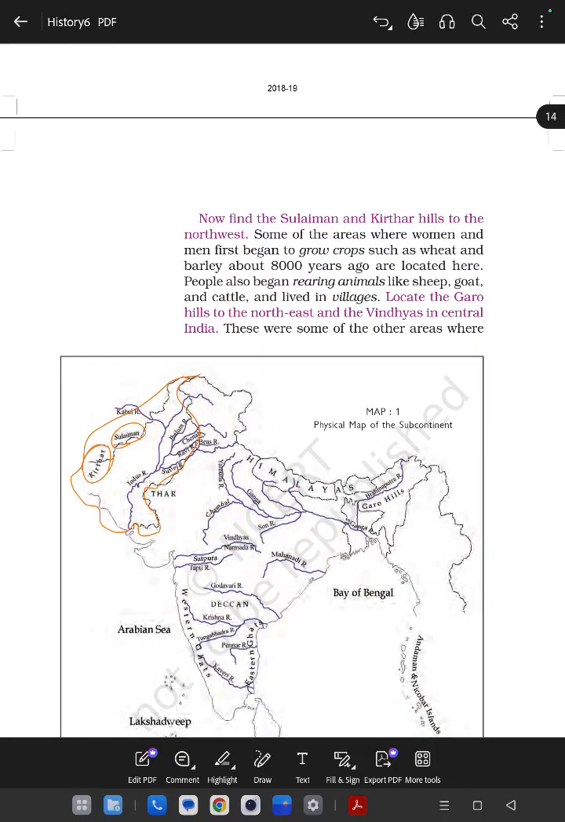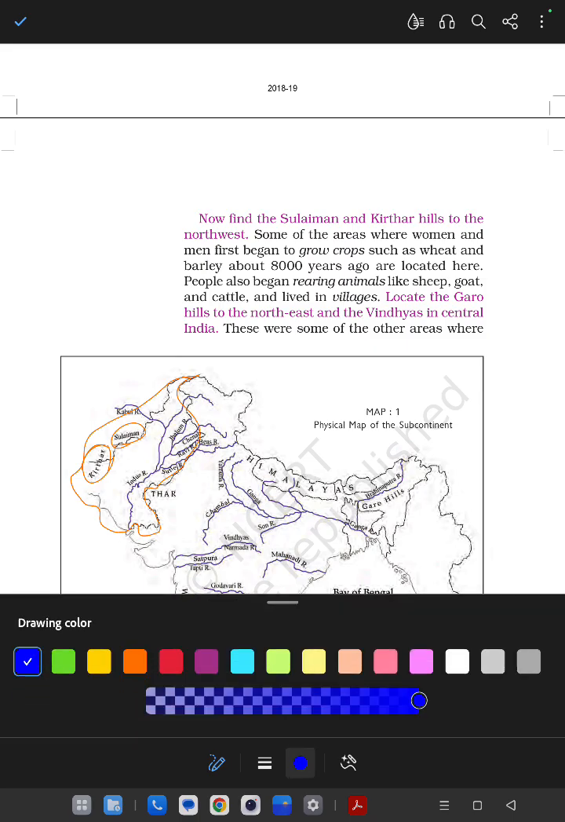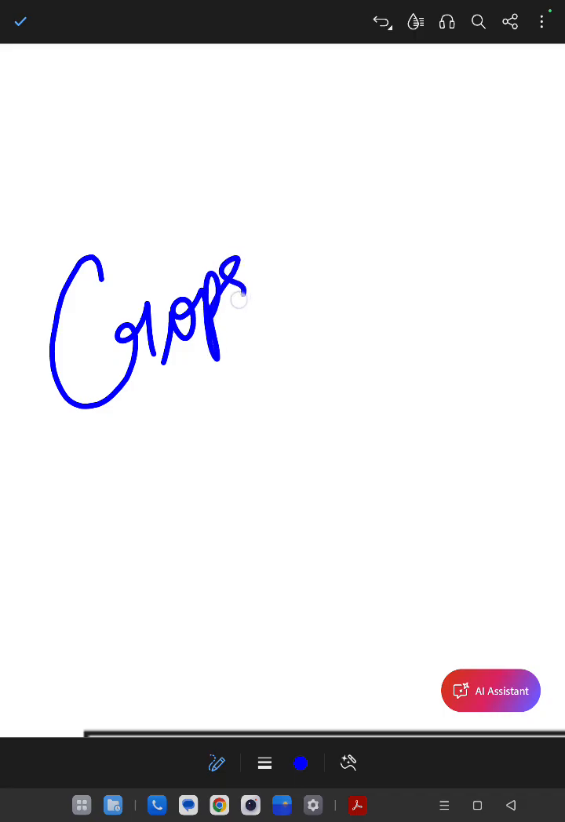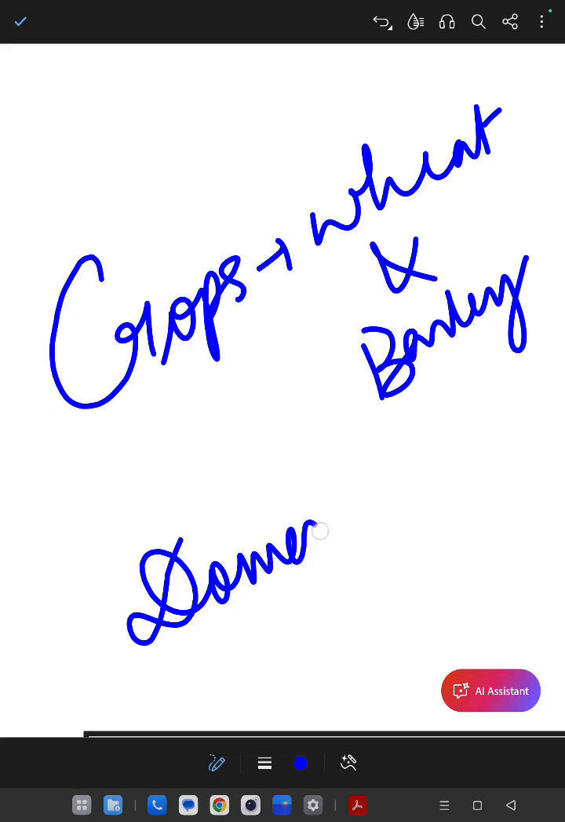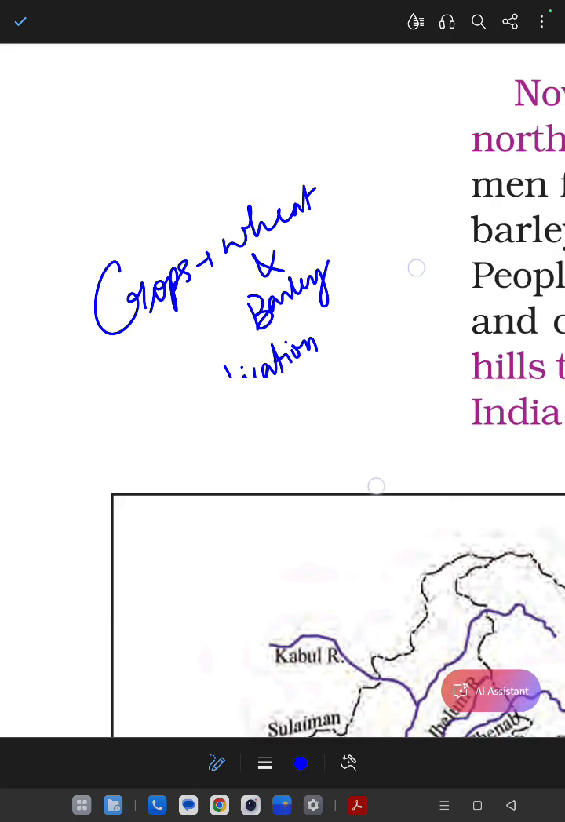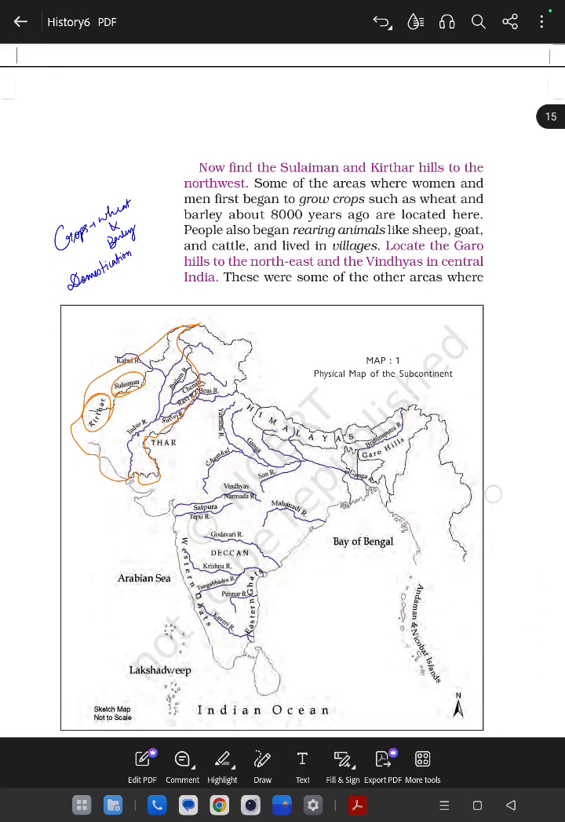So here we can know, in the western region, what was the fact we derived from here? First, crops were grown. Which crop? Wheat and barley. The next is, we derived that the evidence of domestication of animals was also found here. Okay, next,